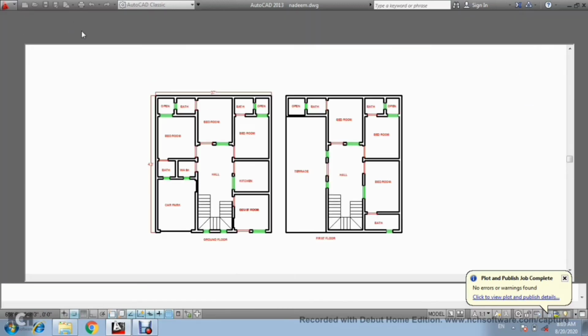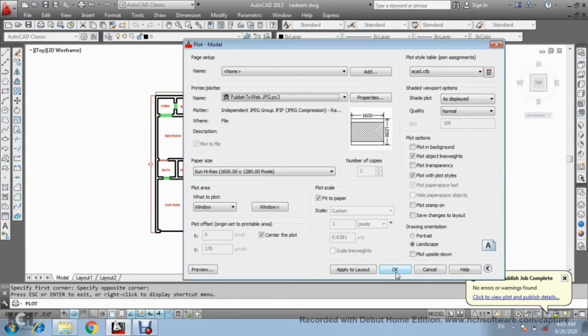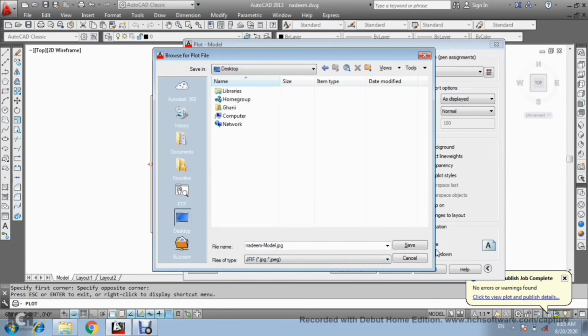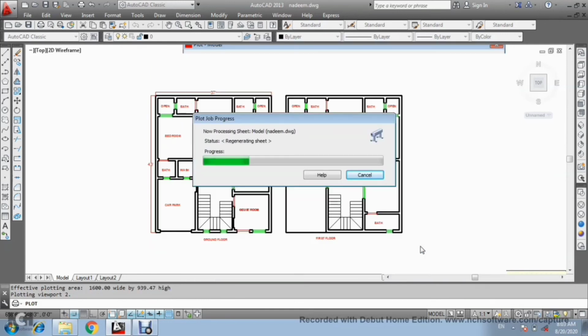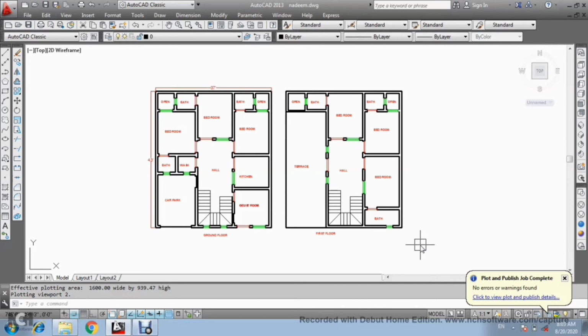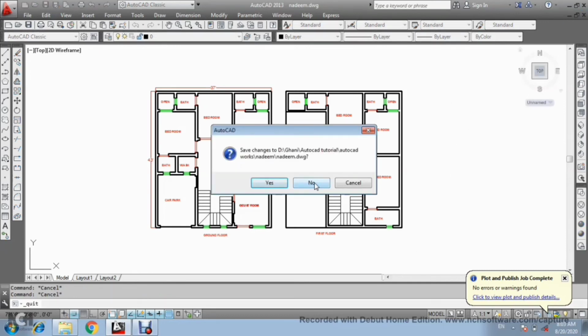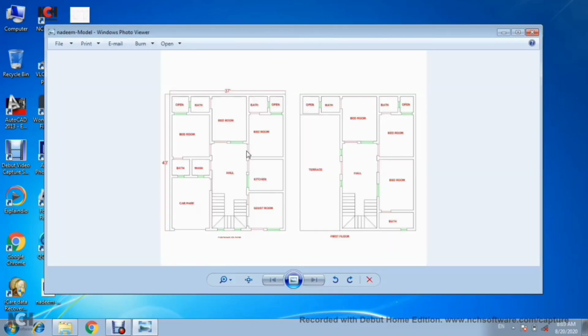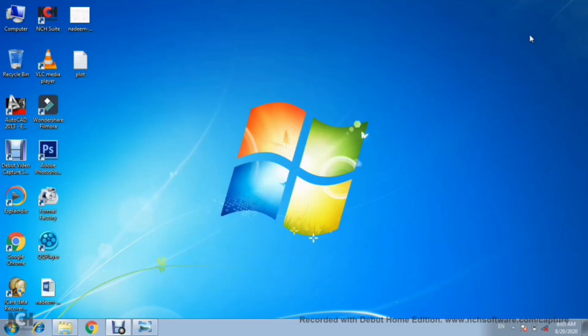Select the cancel option and select the OK option. Here you need the same option for where you need to save, and select here and OK. So now we want to see if it converted to image. So coming here, now you can see we converted my drawing to image, and here we will convert to